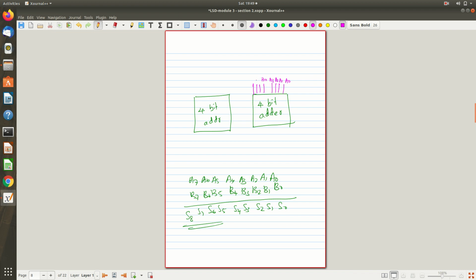Here it is B0, B1, B2 and B3. Similarly here also 1, 2, 3, 4, 1, 2, 3, 4. So this is position A4, A5, A6, A7, B4, B5, B6, B7.